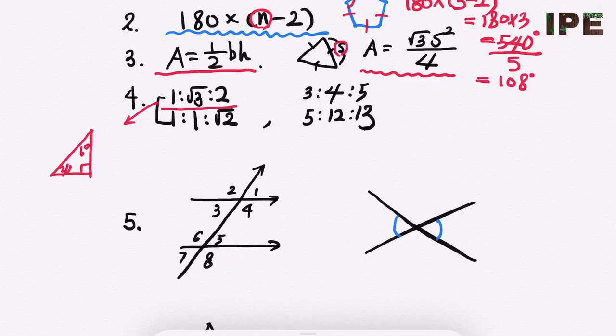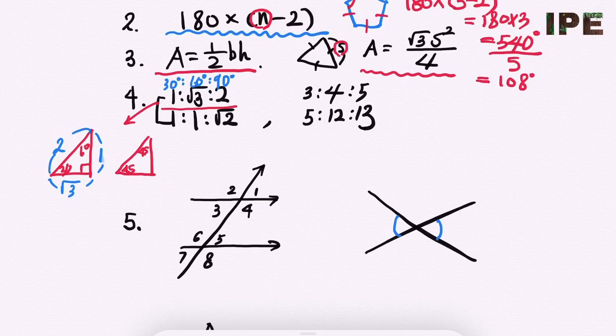30 degrees is the smallest, least angle, so the opposite side of 30 degrees is the shortest side. If that is 1, the second longest side is root of 3, and the longest side, which you call the hypotenuse, is 2. So for a 30 degree, 60 degree, and 90 degree triangle, the ratio of the three sides is 1 to root of 3 to 2. And you have another special triangle, we call that the 45 degree,